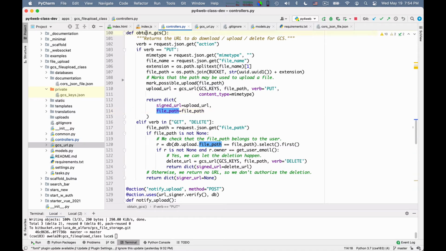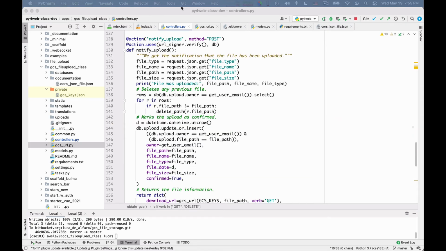And obtain GCS is used both for the verb put, that is used to store files in the cloud, but also for the verbs get or delete. Get will be used for downloads and delete will be used for deletions. So I sign these other requests in a similar way.